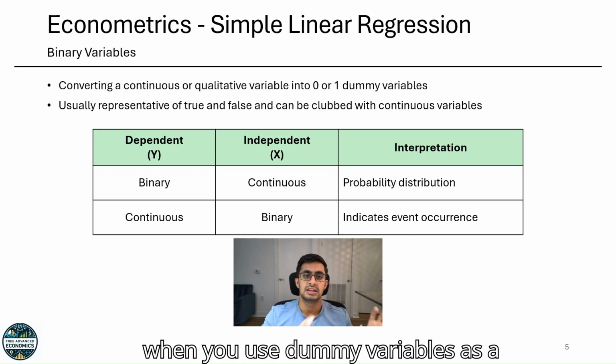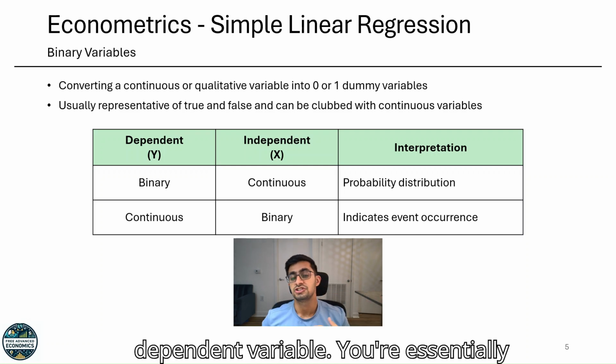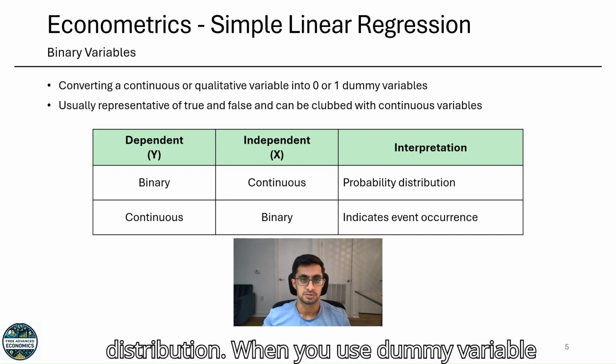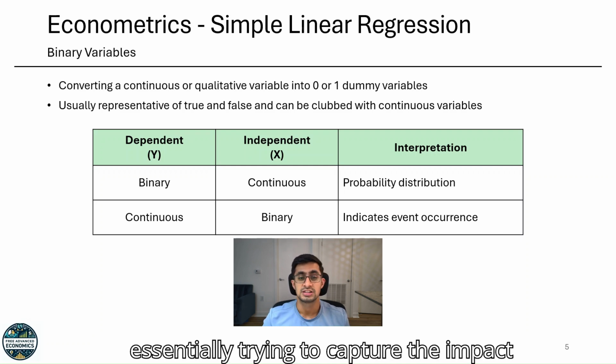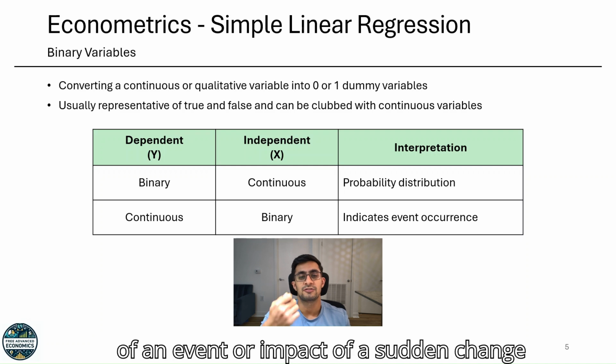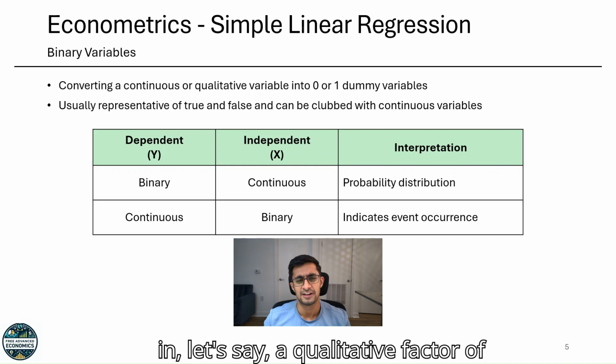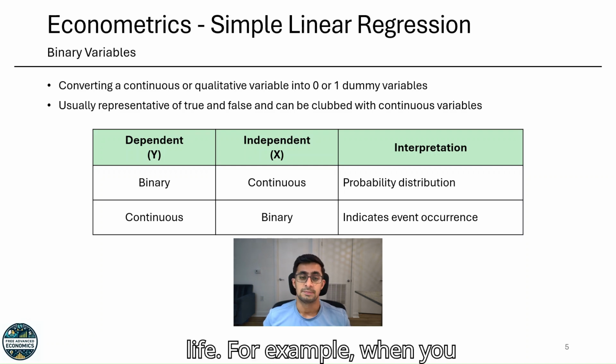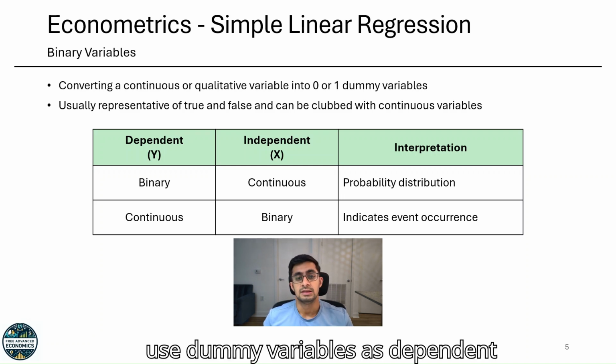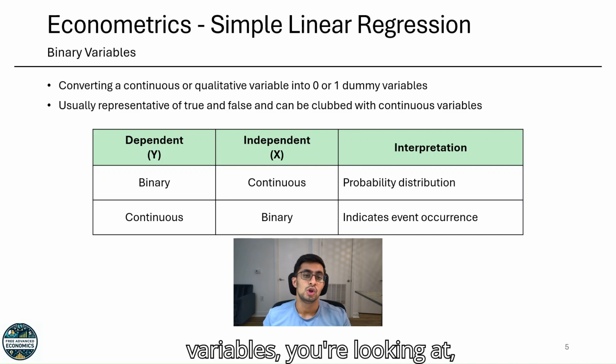But when you use dummy variables as a dependent variable, you're essentially trying to calculate probability distribution. When you use dummy variable as an independent variable, you're essentially trying to capture the impact of an event or impact of a sudden change in, let's say, a qualitative factor of life. For example, when you use dummy variables as dependent variables, you're looking at,